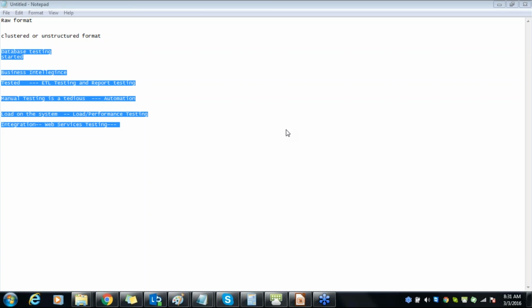Okay, Sharon is asking, do manual testers perform integration testing? Yes, integration testing is also a part of manual testing. It's like this: if there is a huge amount of data passing from one system to the other system, then that will be done using web services testing.